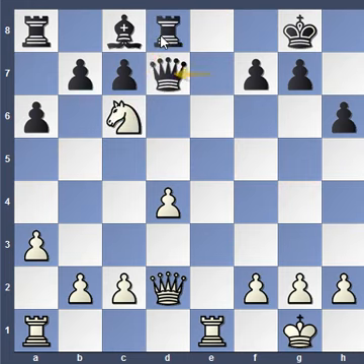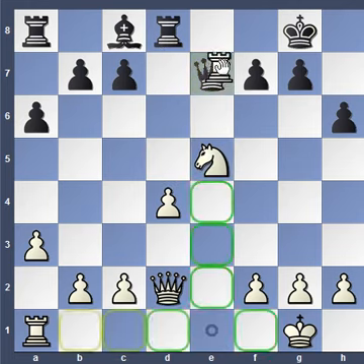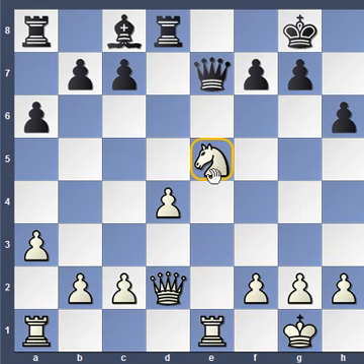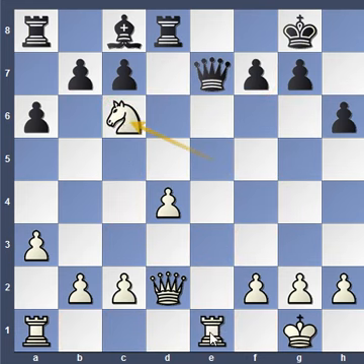So once again you can see the rook on e1 is attacking the queen on e7. We have the knight in between, we are simply moving it away. He cannot capture the knight because we are attacking the queen. So first he has to respond to the threat against his queen. When he moves back his queen, we will capture the rook and win the exchange. So we can use the discovered check or discovered attack in multiple ways according to our choice.